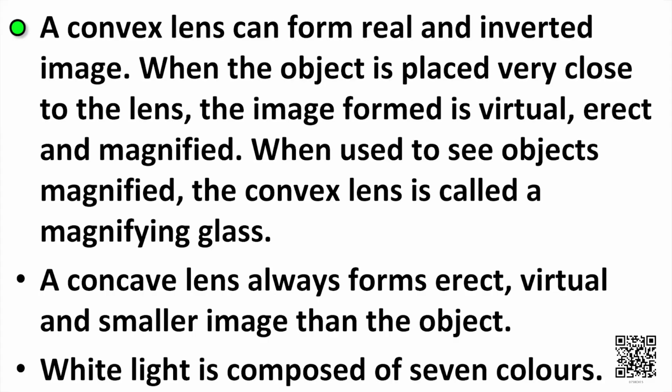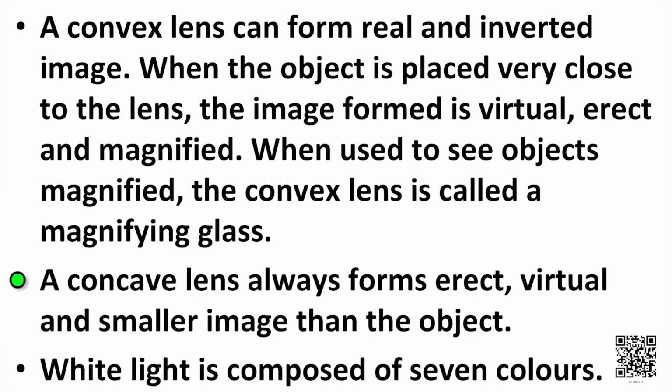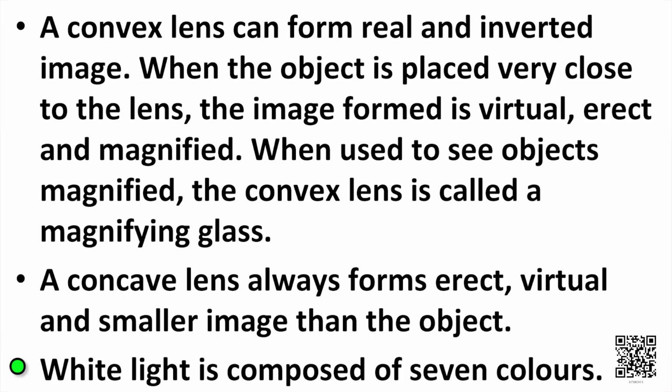So, students, with this, we have almost completed our part 3 of this chapter. Now, in this chapter, we have learned a lot of interesting things. We got to learn about a convex lens that can form real and inverted image, and when the object is placed very close to the lens, the image formed is virtual, erect and magnified. Also, students, we got to know that we used to see objects magnified with the help of a convex lens, and we call it a magnifying glass. We also got to learn about a concave lens as well, which always forms erect, virtual and smaller image than the object. Also, students, in this chapter, we got to learn about the white light and that it is composed